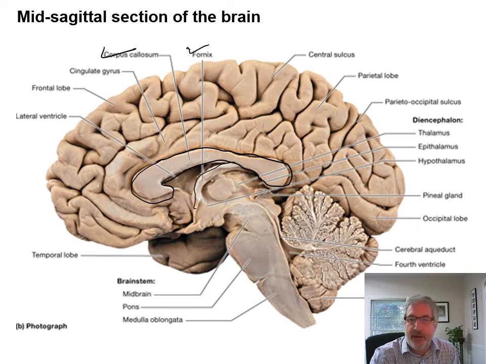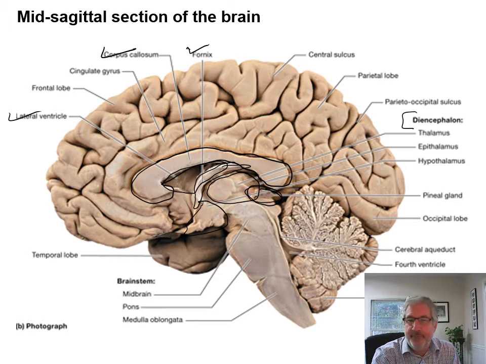That's what this little guy is here. Then we also have something called the lateral ventricle. That's this hole that's right here that you can see there. It's that depression there. We also have the diencephalon region. We have what's called the thalamus. That's this area here. We have the epithalamus and the hypothalamus. And the hypothalamus is this area down through here.